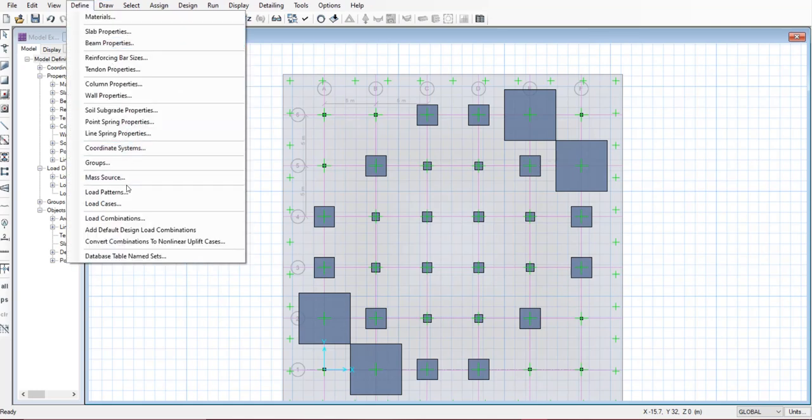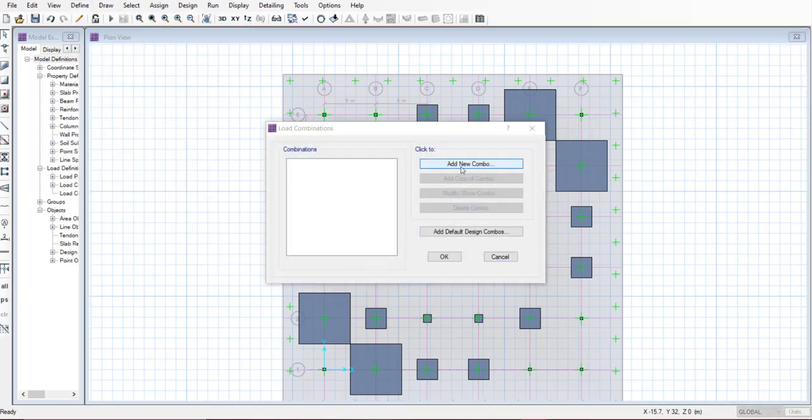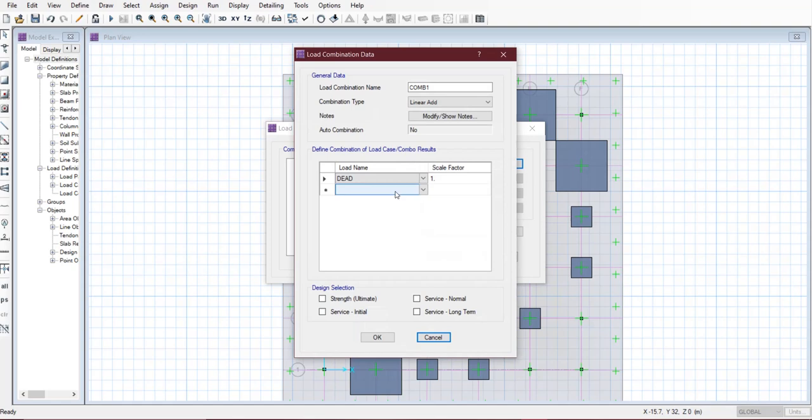Go to define load combination. We will add two new combinations. Dead load with scale factor as 1 and live load with scale factor as 1, and select all the three service conditions. Click on OK.